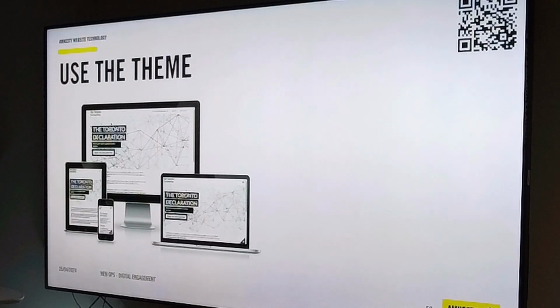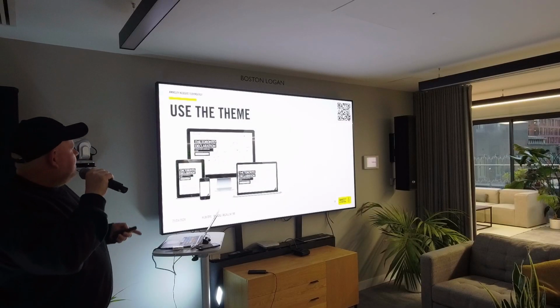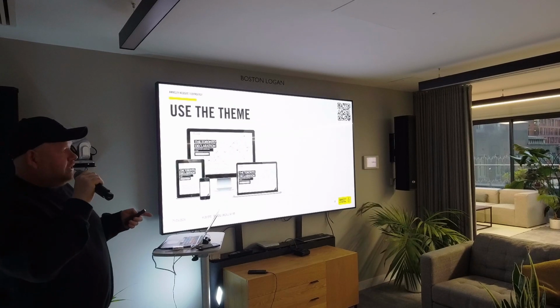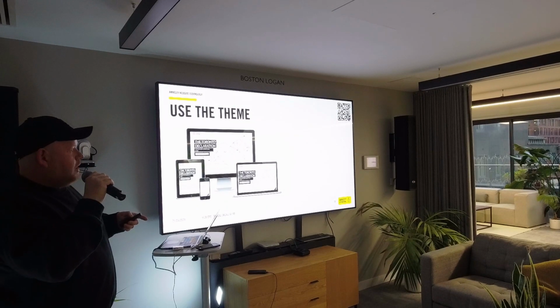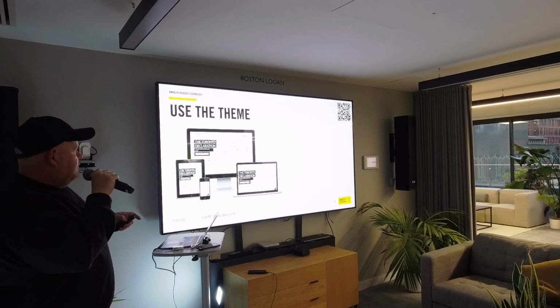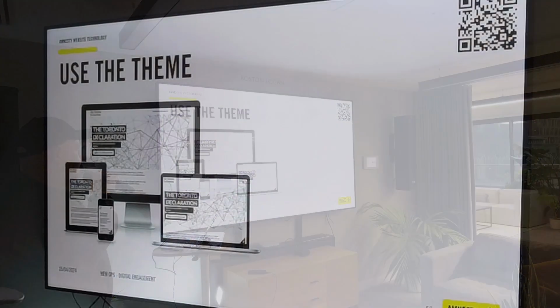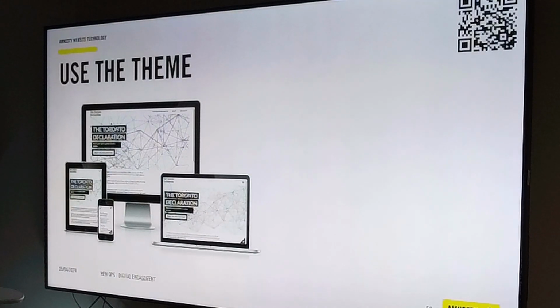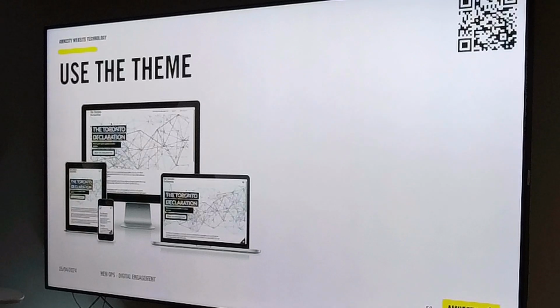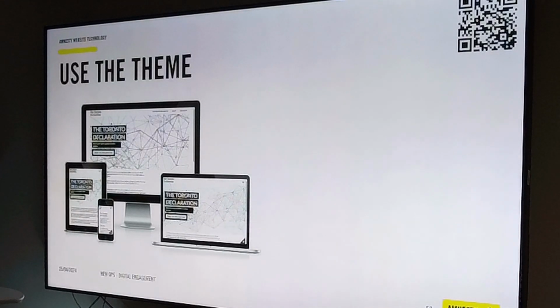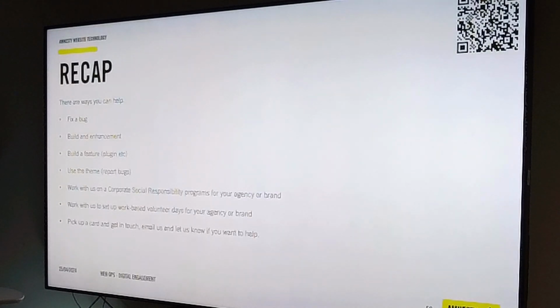You've got the theme. The theme is running in a couple of places where you can see it unbranded. So if you downloaded the theme, this is the theme you get. It doesn't have any of the Amnesty intellectual property or branding. It's all white labeled. So literally it's just black and white, but you can build your own child theme on top. So if you want to help, you can fix a bug, build an enhancement, build a feature,